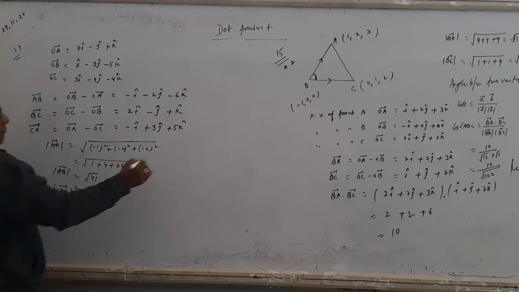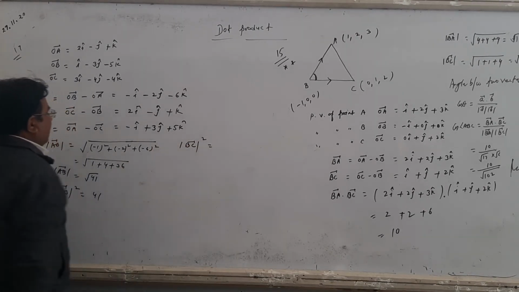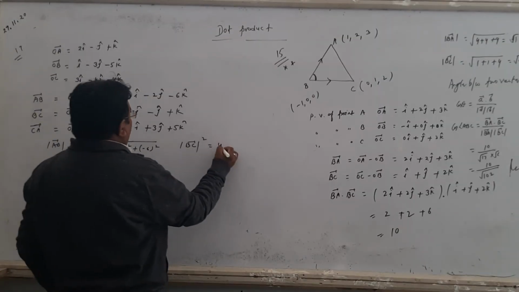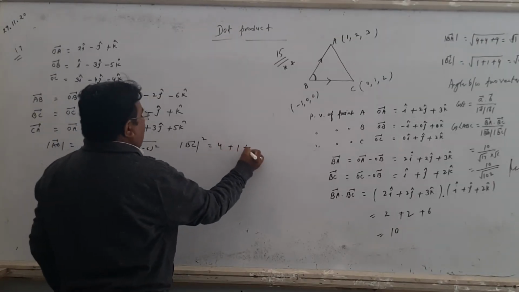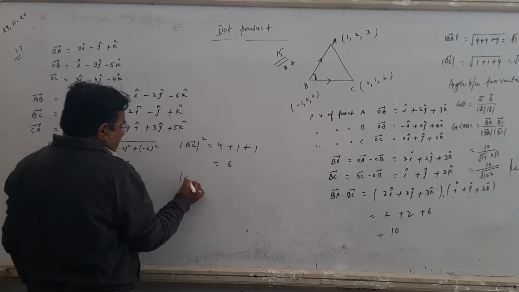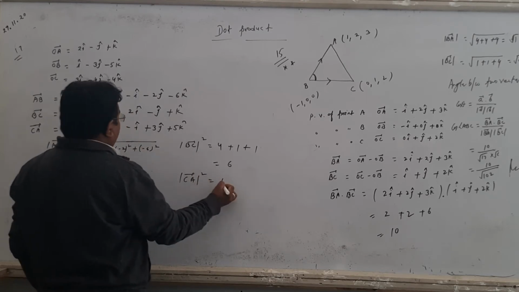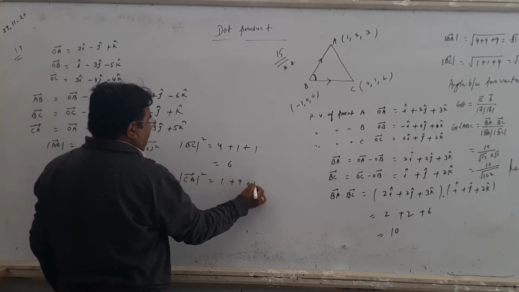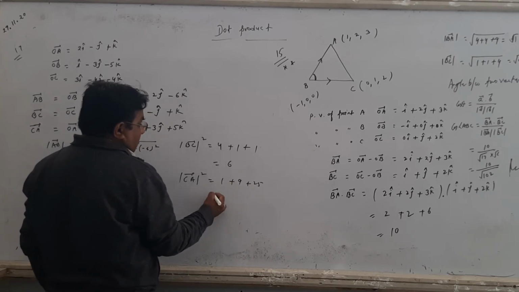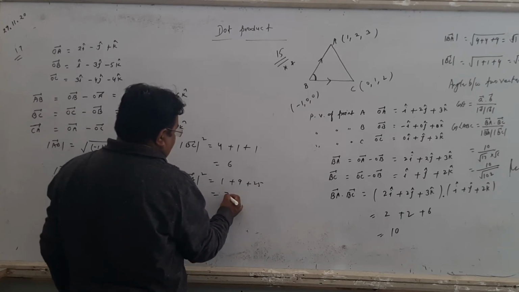Same thing, now find the magnitude of BC. Right, डायरेक्ट स्क्वायर फाइंड कर रहा हूँ, रूट नहीं लगा रहा. BC का मैग्नीट्यूड फाइंड करेंगे तो स्क्वायर ऑफ 2 is 4, स्क्वायर ऑफ -1 is 1, स्क्वायर ऑफ 1 is 1, that is the value is 6. Same, now find the square of the magnitude of CA. Then 1 plus the square of 3, 9, square of 5, 25. 25 plus 10, that is 35.